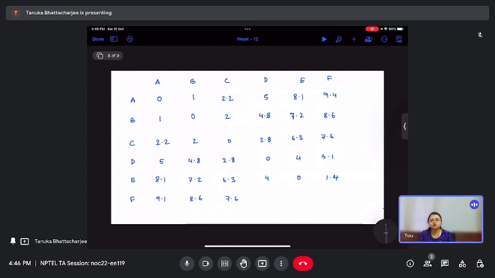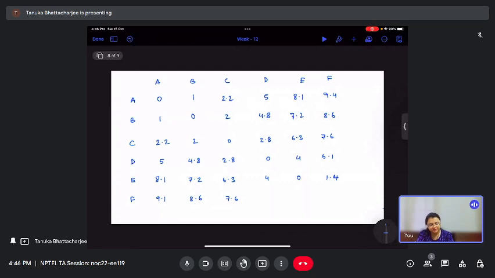So this is your complete weight matrix. Now you will have to form the minimal spanning tree based on adding, similarly as we did in the last problem. You will have to keep on adding the edges having the minimum possible weights. So if you check in this matrix, the minimum weight that you have is between A and B. So the first set of nodes that you will add in the minimal spanning tree are A and B, and